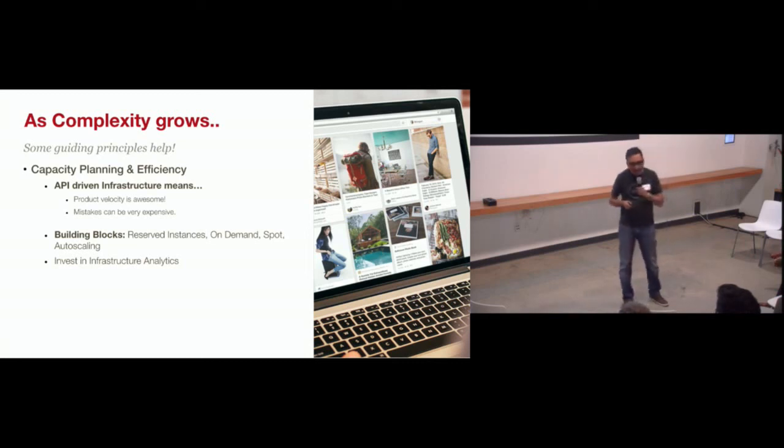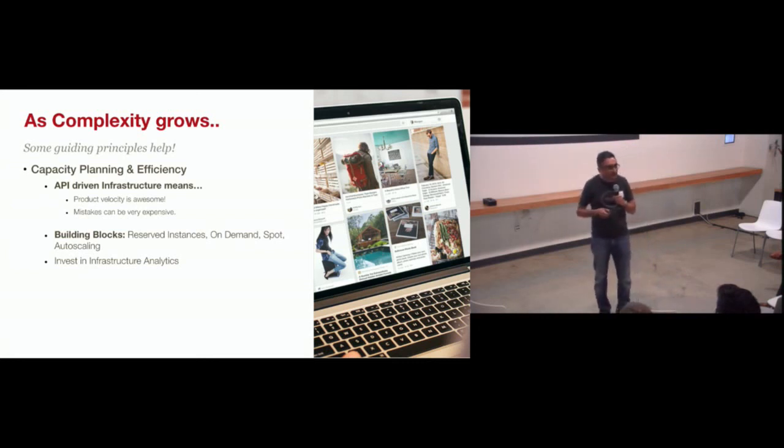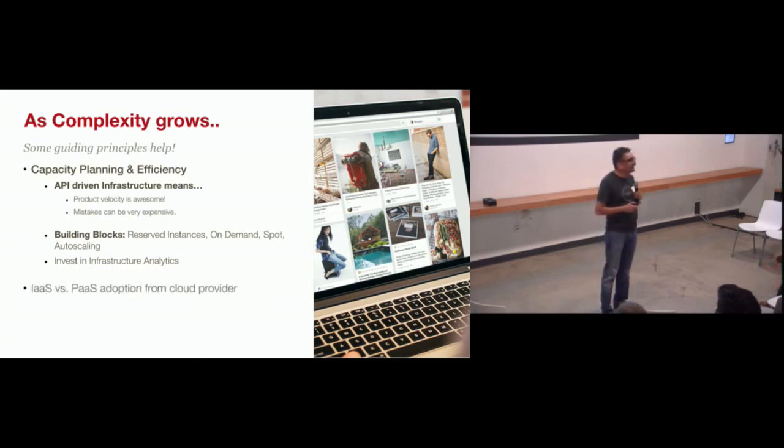And last, I would encourage you to invest in infrastructure analytics. We're relatively early in that stage to figure out what our analytics story is, and it's looking pretty good, but I wish we would have started a year ago. And I think building a healthy understanding about who and what and how your infrastructure is being used would be very helpful. Let me share with you some other guidelines that have come along the way that has helped Pinterest